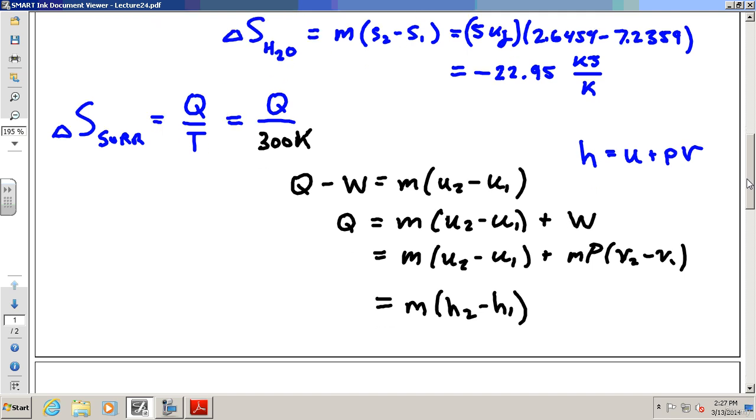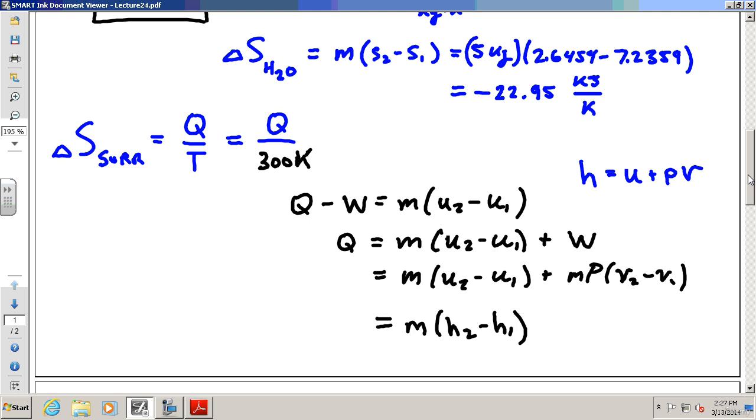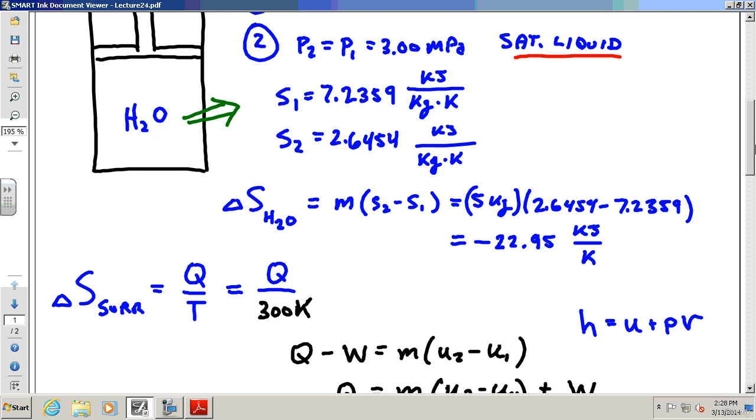Okay? So what this implies basically is what was already offered, and that is if I want to calculate the Q, the heat transfer, it's going to be the mass times H2 minus H1 in this case. Or if you don't like that, go back and do the internal energies and do what I did. If you don't like that, just do the second to last equation. But I'm going to simplify it and do that final equation there. So all I have to do real quick here, in order to save some time, I'm going to do this fairly quickly. To get H2 and H1, how am I going to get H2 and H1?